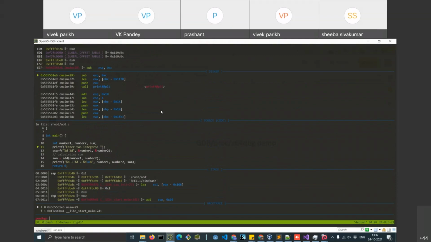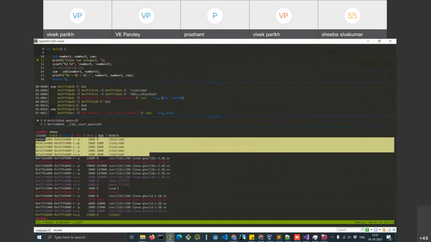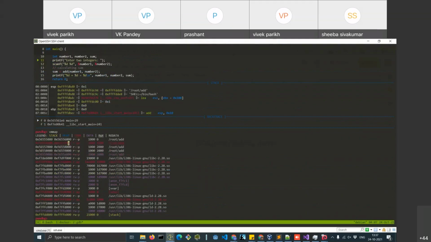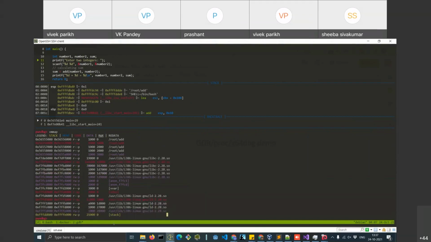Now the interesting thing is when you try to find the program memory, how the process looks like in memory. In the very beginning, we have our own program. It has several sections, as I told you: your executable section, then your data section. Then there are several libraries imported by this program. Because this program is using the printf function, it's invoking libc, the C library. And there is your ld.so. Then there is the stack.